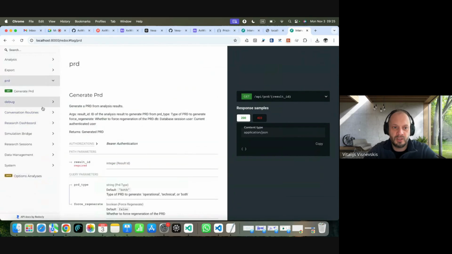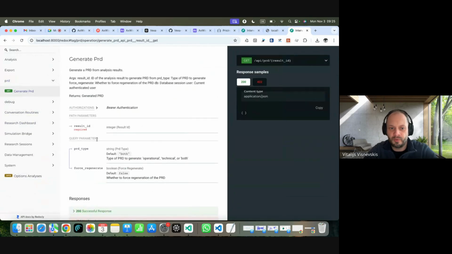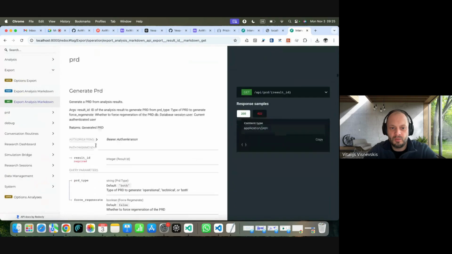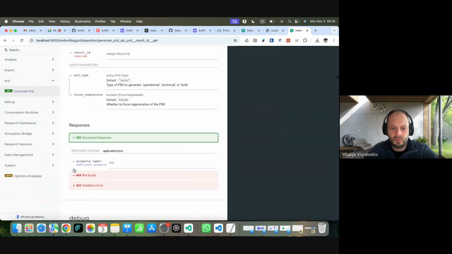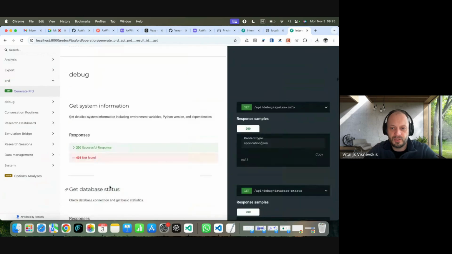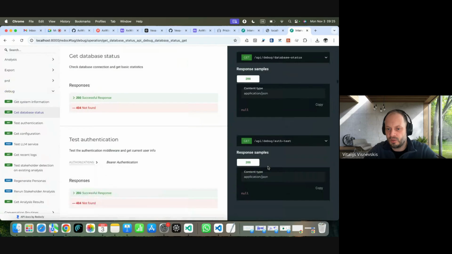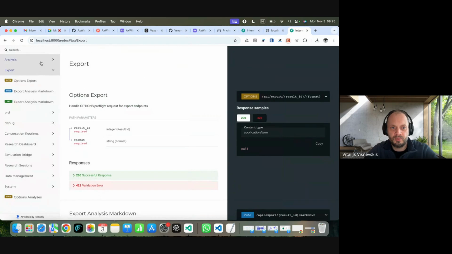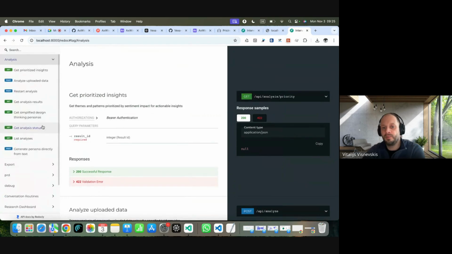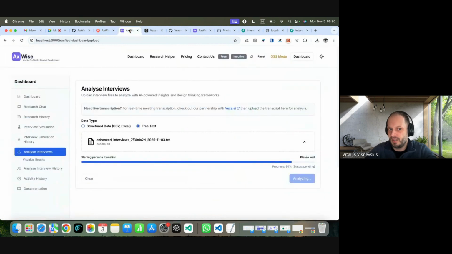You can see how it's generating, I don't know, product requirement documentation, what it has, what is in a response, what is a debug, and actually what is the content type. So there are plenty of things for the export as well that you can automate and embed in your flow. For example, you need to identify for every ticket in Jira what will be the persona. How would you do this? Do you have an idea? Maybe some of you?